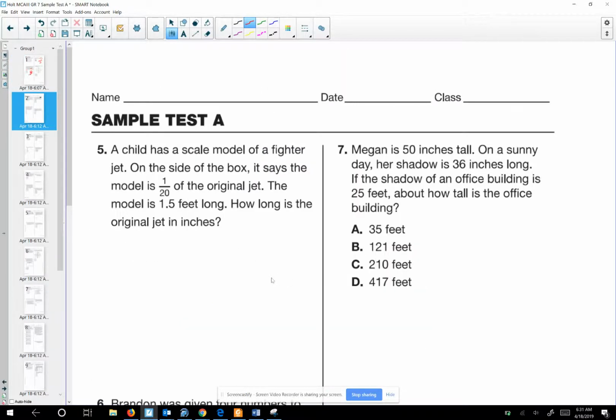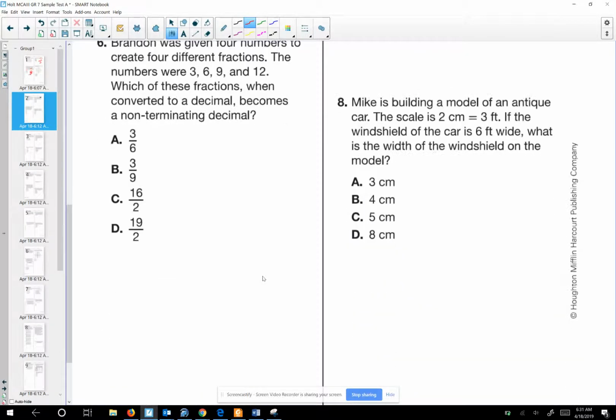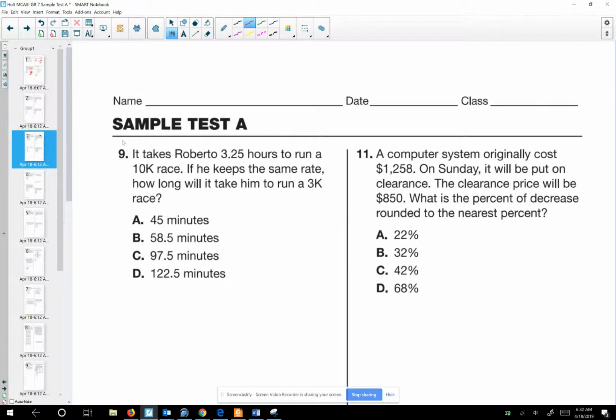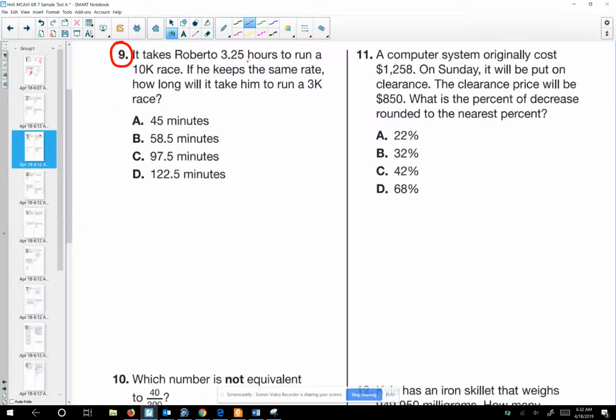I want you to keep on scrolling through here. I think most of these should be pretty straightforward. There's some good proportion ratio type questions, but I want you to look at question number 9. So turn to find question number 9. We're talking about how many hours it takes Roberto to run a race. And notice that this is hours. So if you're thinking it's 3.25 hours